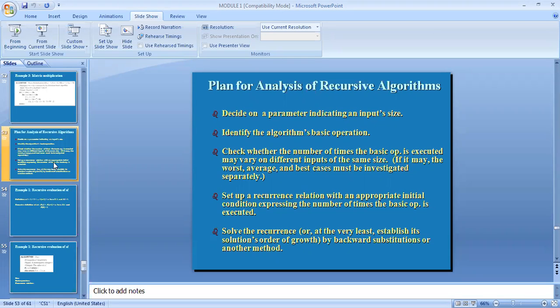Welcome back. Now we are going to discuss the analysis of recursive algorithms. The plan for analyzing recursive algorithms is based on